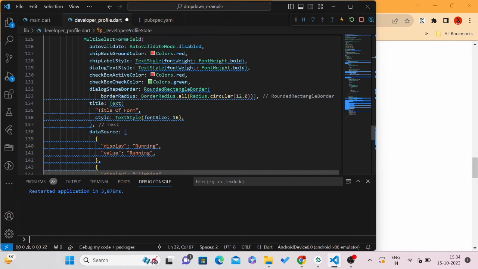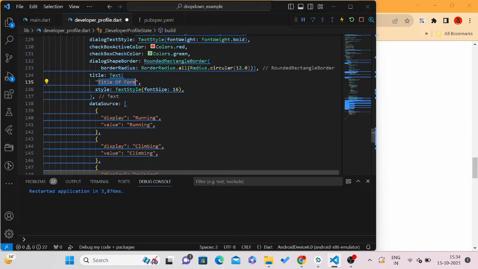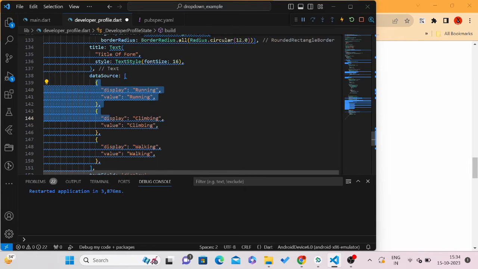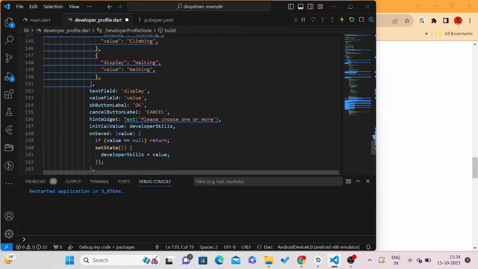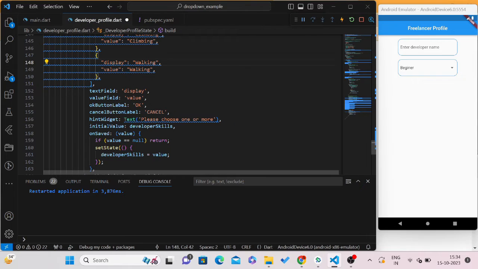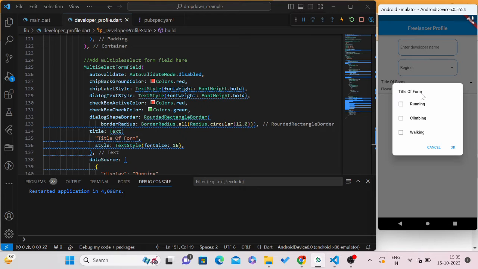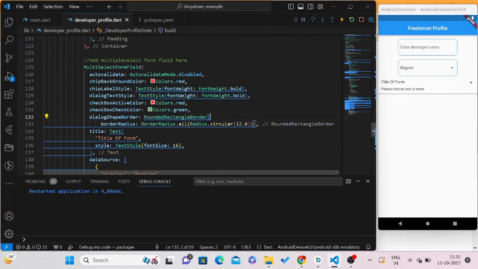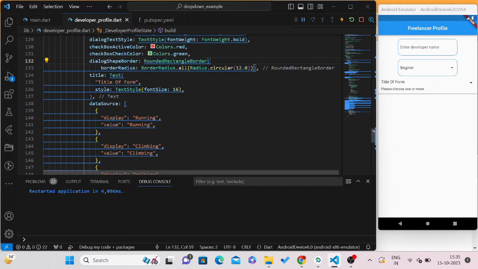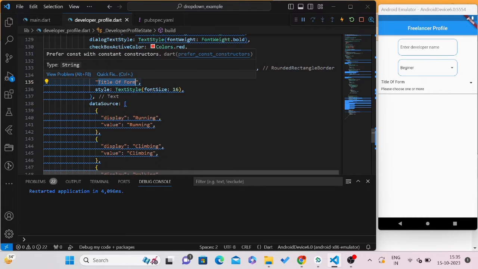Here you can see there is a title of form, and the data source receives a list of object or list of map type. What is this and how is it used? Let me explain a bit. If I save it, we'll have our text form field here, or the title of form. Here you can see all this data: running, climbing, walking, and other values you can add as per your requirement. As of now I am going to change this title of form to skills,